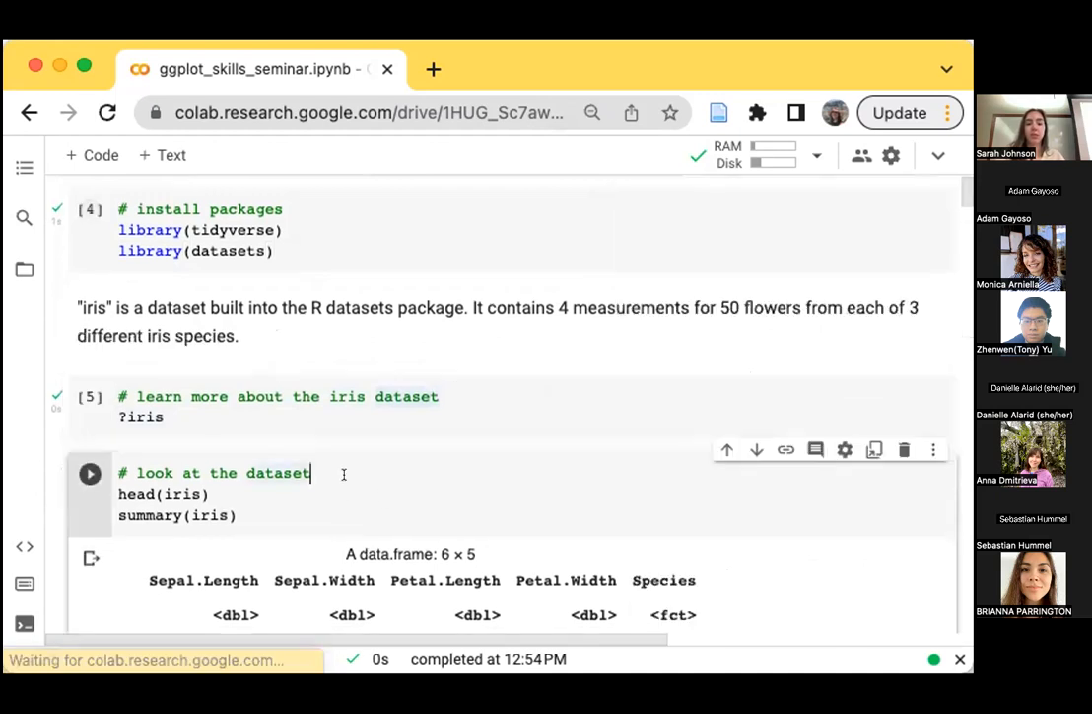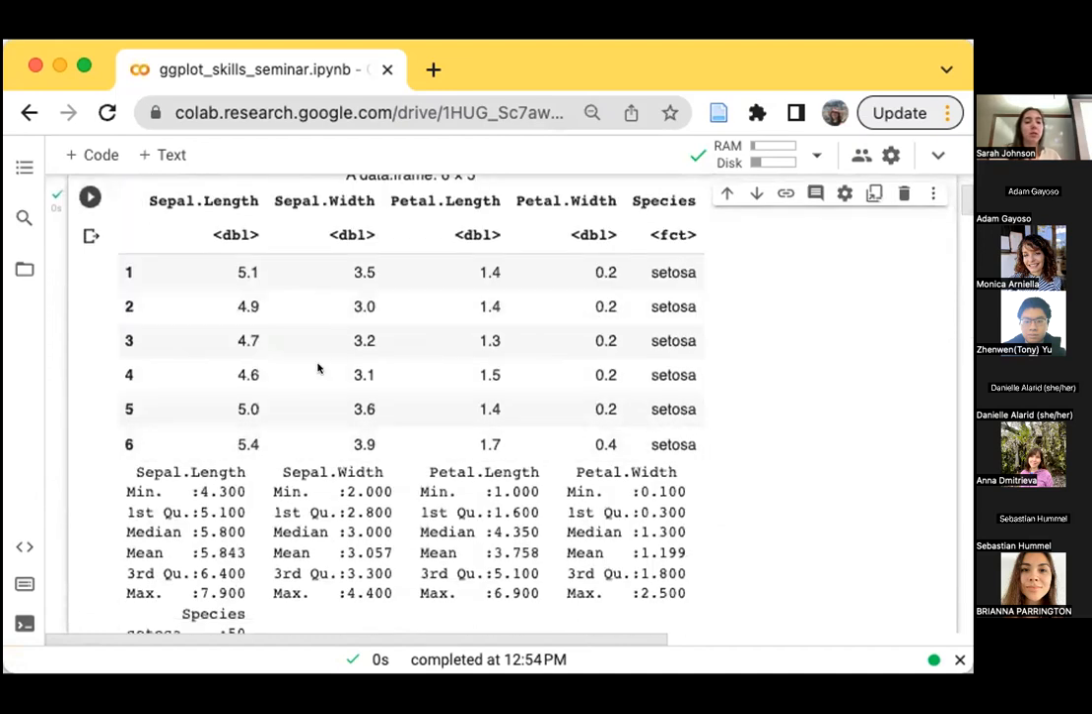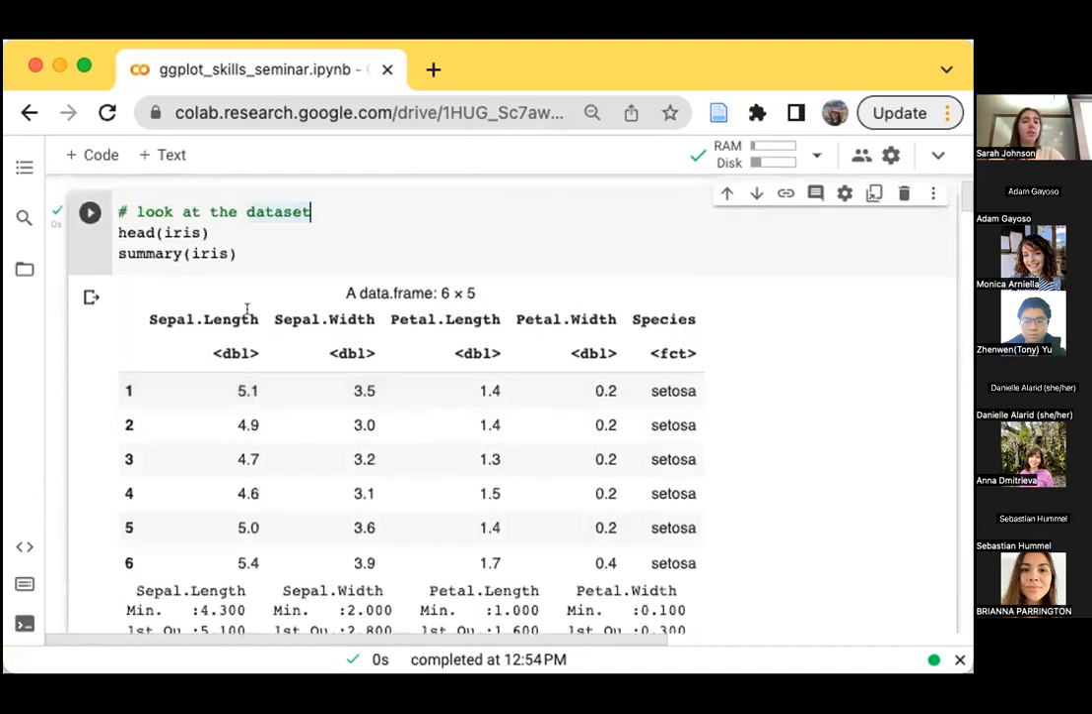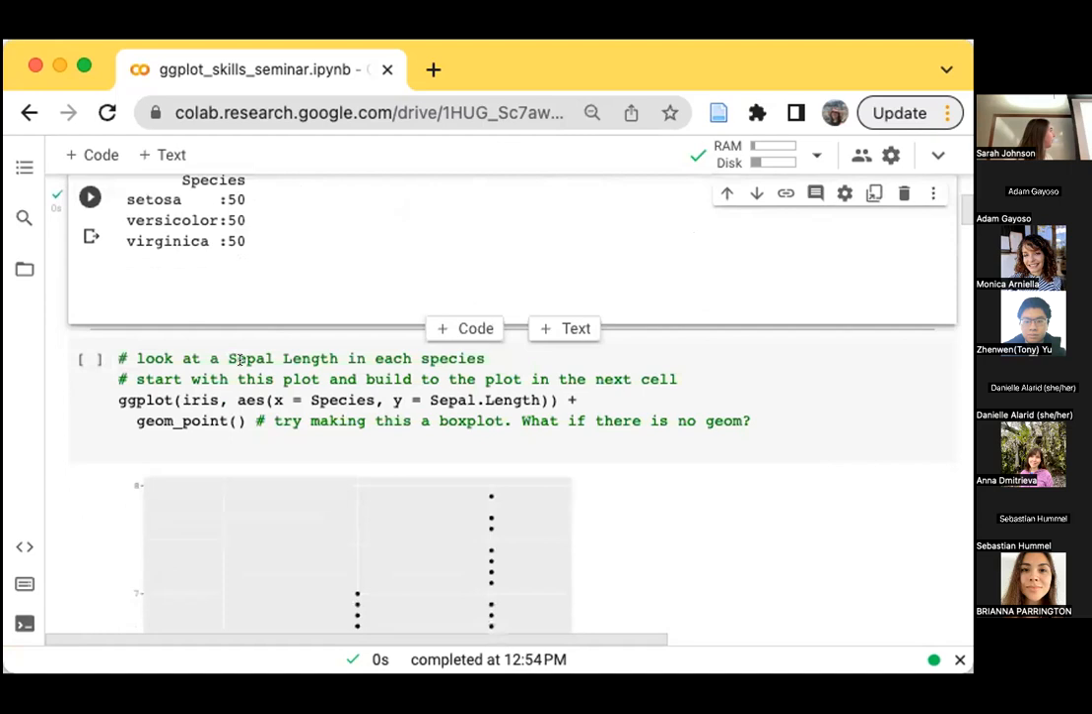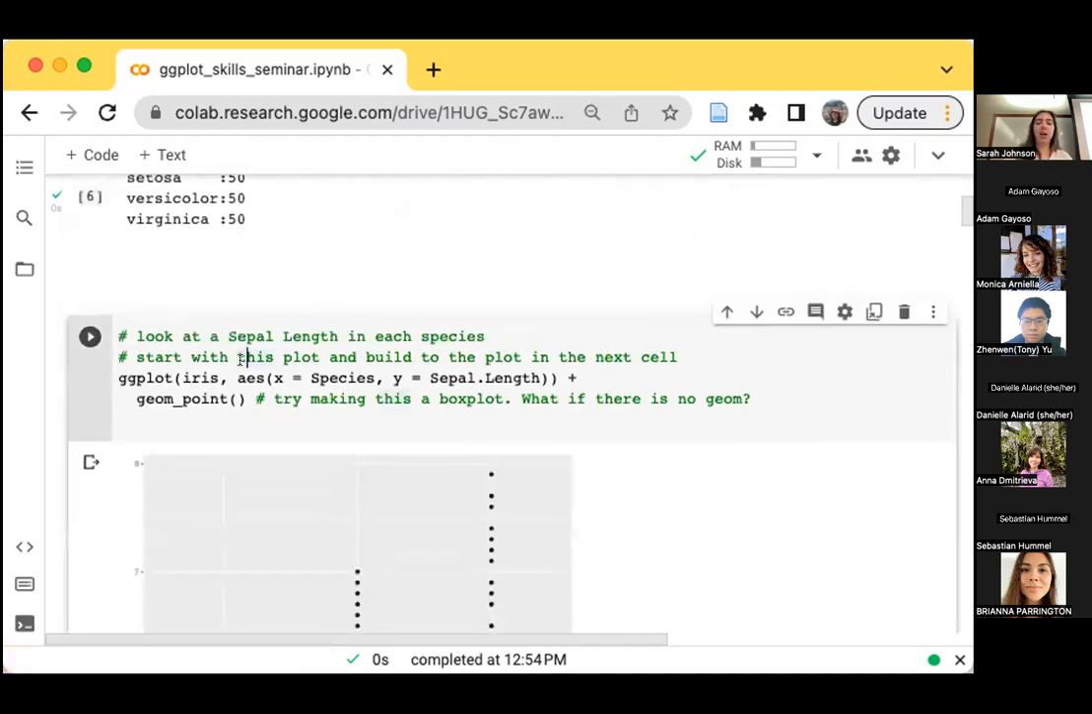Also, we can just look at it ourselves. So we have these 4 measurements: petal length, petal width, sepal length, and sepal width, and then each species. Each row is 1 iris, and then you have multiple measurements. So this is the data set that we're going to start with, and this is the plot that I had